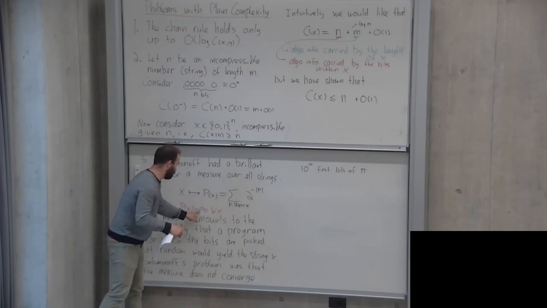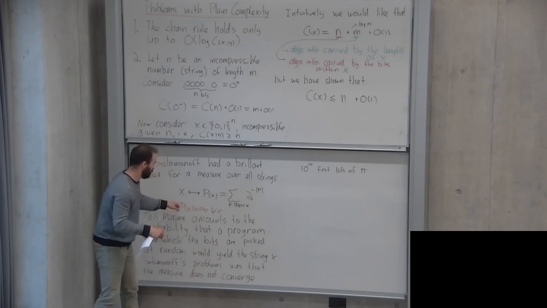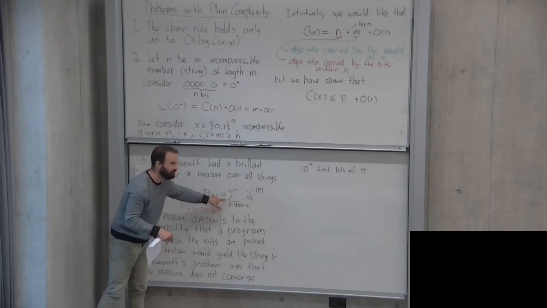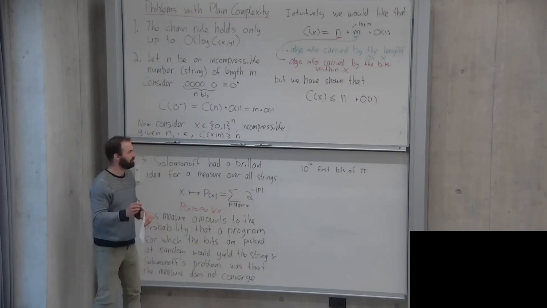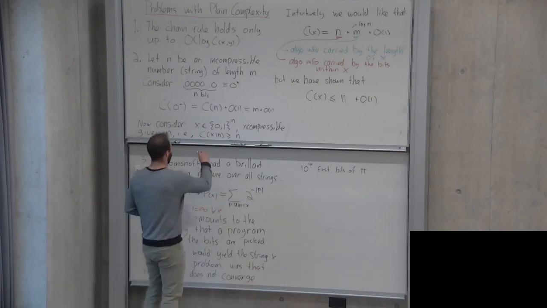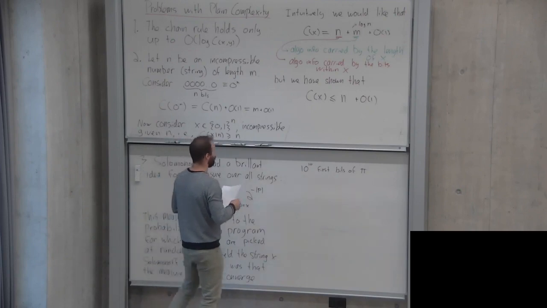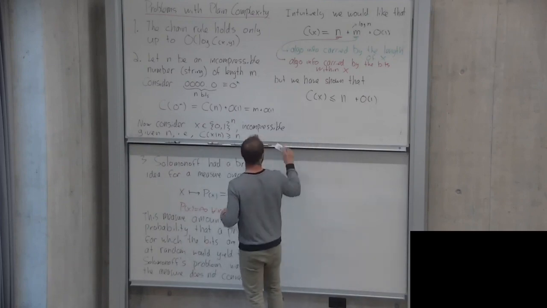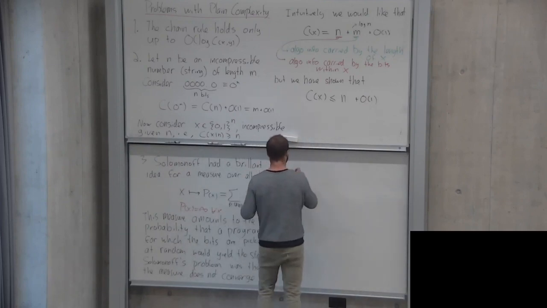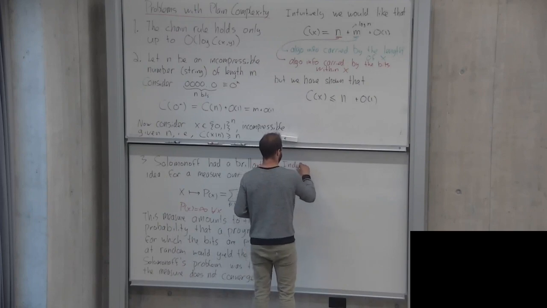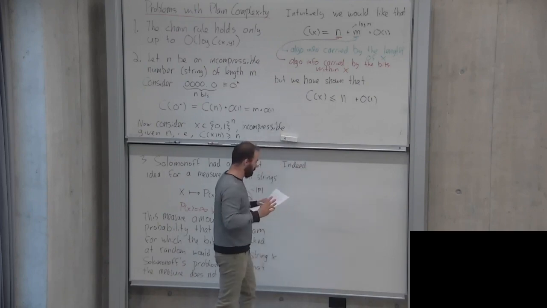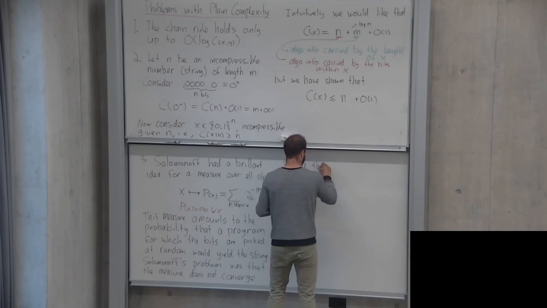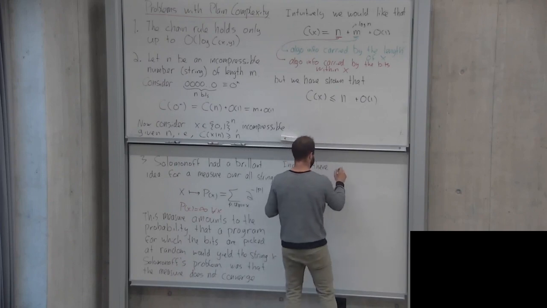But as we've defined things so far, and I'm going to explain why, for each x, this sum diverges. Okay. Indeed, there exists